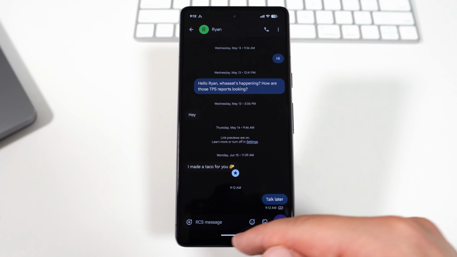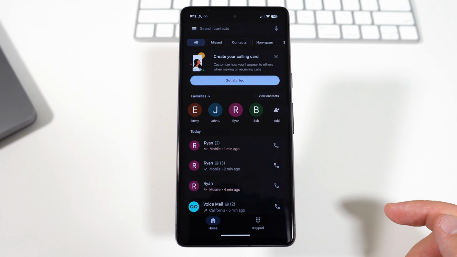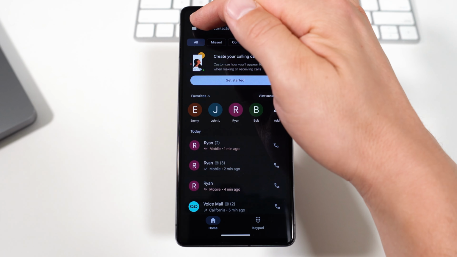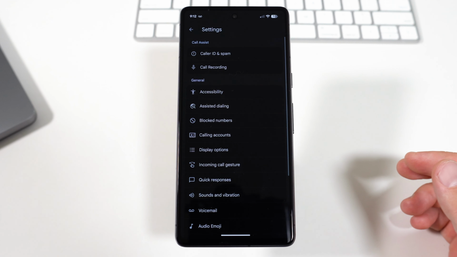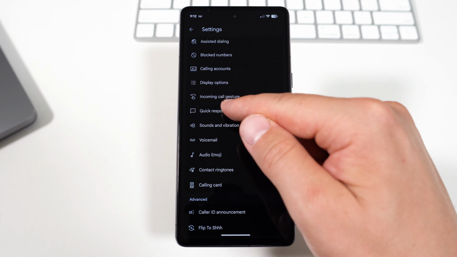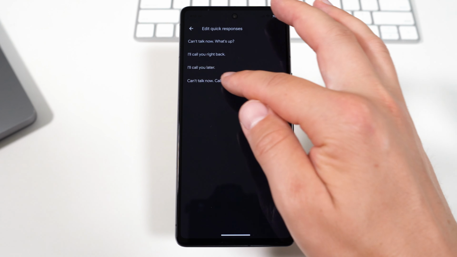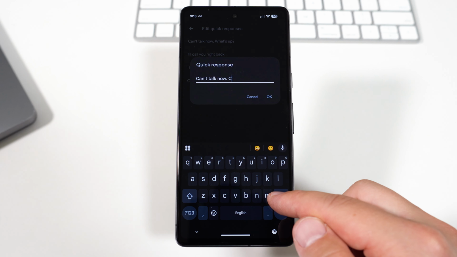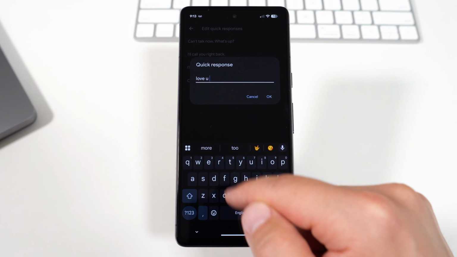Those template answers can also be customized. So if you want to have your own personalized answers ready to go anytime, we can do that in the phone app. So you'll go to the phone app and then tap those 3 lines up here, go to settings, and here you'll find a section for quick responses. That's the menu where you can edit those responses you saw on the phone screen earlier. So I could come here and edit one of these to something custom. You're limited to 4 saved responses, but you can edit all 4 if you want a fully personalized set of